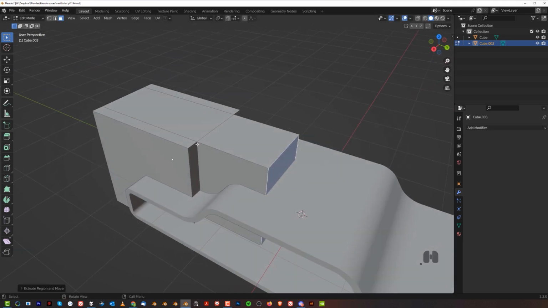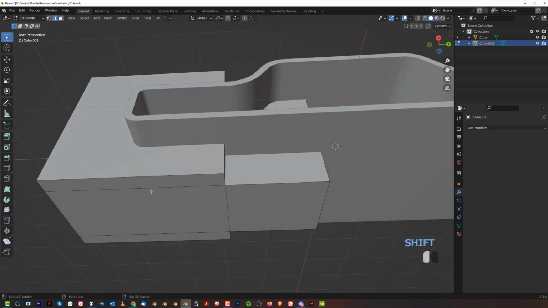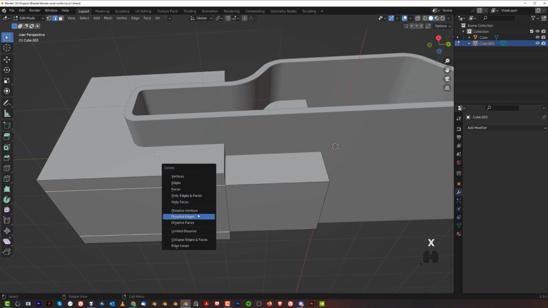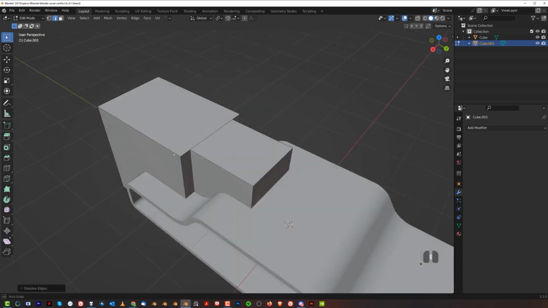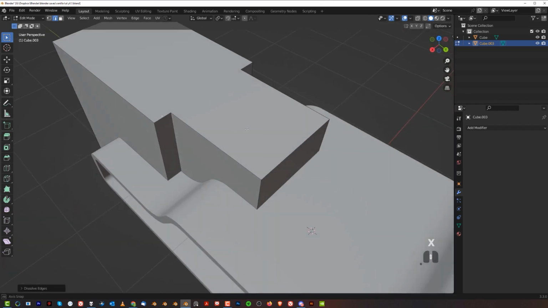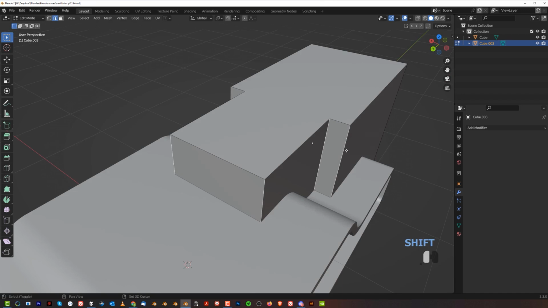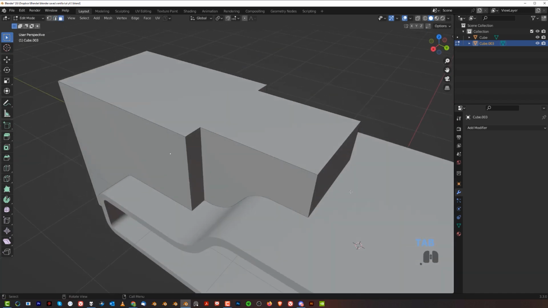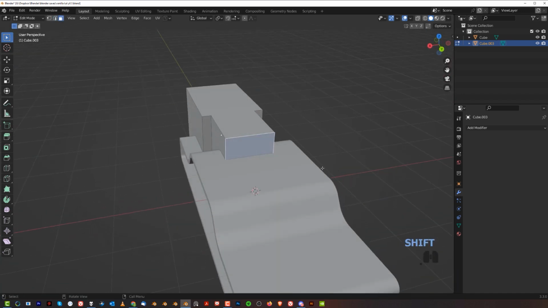And then what we're going to do is remove these edges because we don't need them, right? So we're going to dissolve them, X and dissolve. And we don't need these ones as well, so dissolve them. We're going to grab these edges here, okay? And in fact, let's grab this face. So face mode, S X,